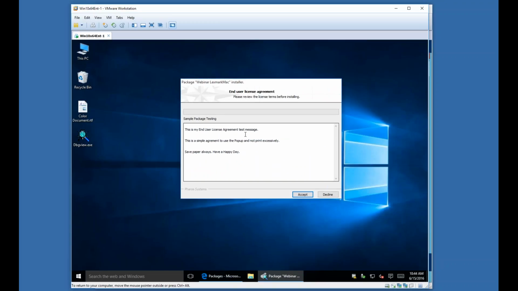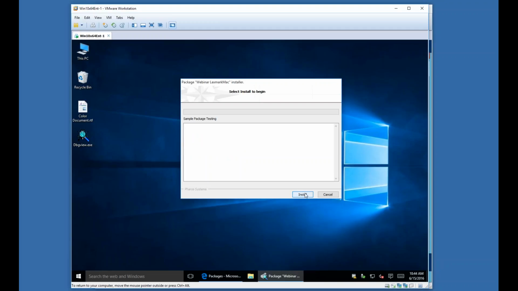A lot of people have asked us, can you customize this interface? Unfortunately not. There's no way to customize the interface to add a logo, change the color, and things like that. Something that's been provided to product management as a feature enhancement or request. So once I click the accept button,